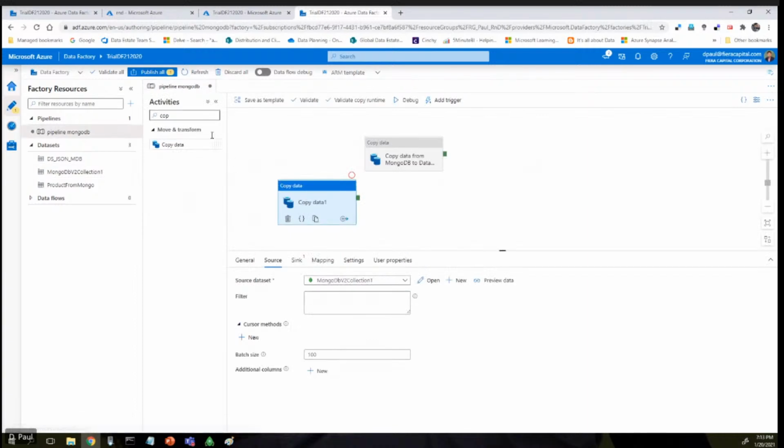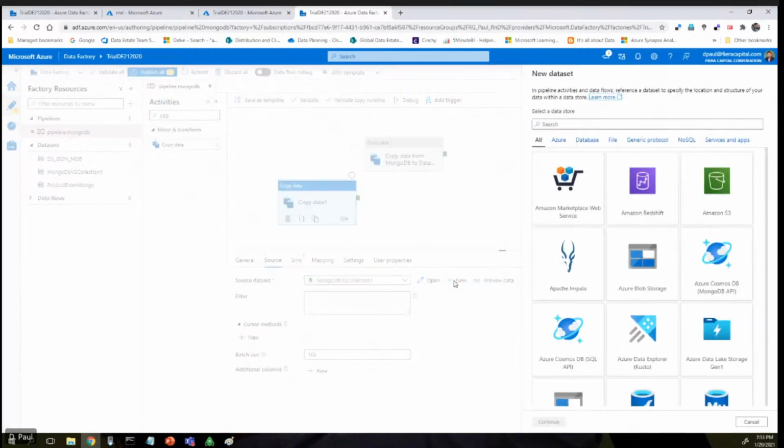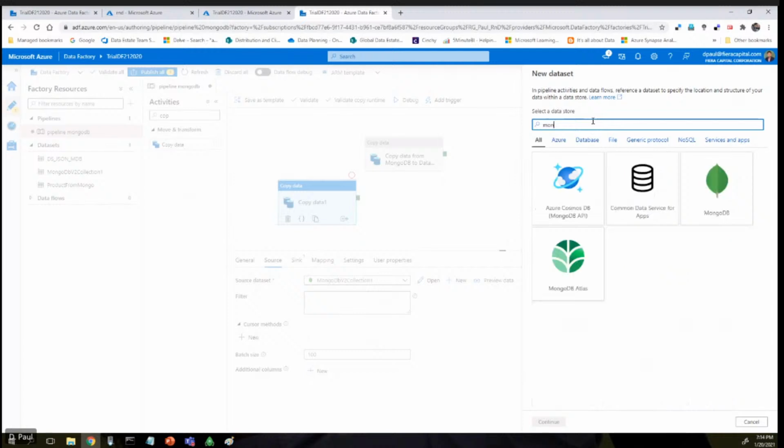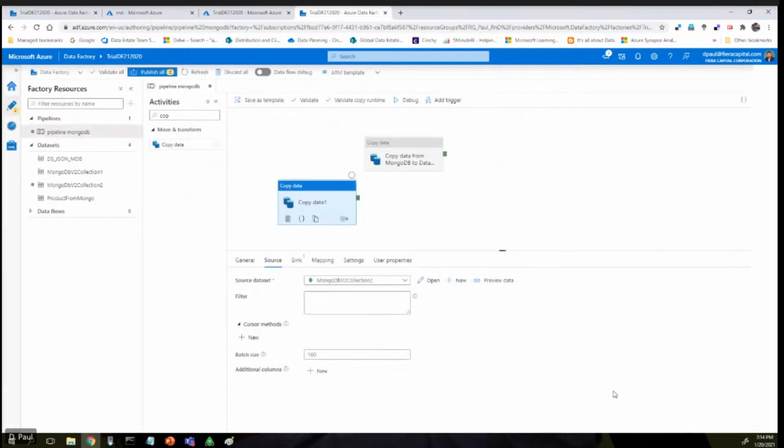So that is how you make the connection and reach your on-prem server, which is not in Azure. That's how you have to connect it. And also, since I'm here, let me show you how you even create the data set. You have so many components here, but our focus is to connect with MongoDB. So you have to look for MongoDB. See, there is a MongoDB. As soon as you click it,